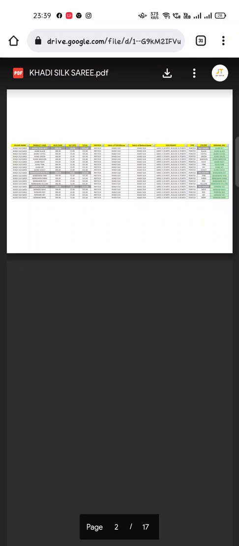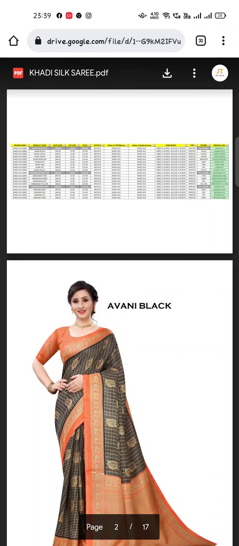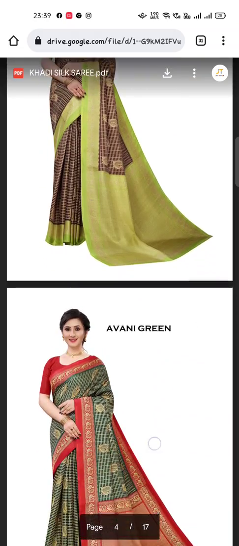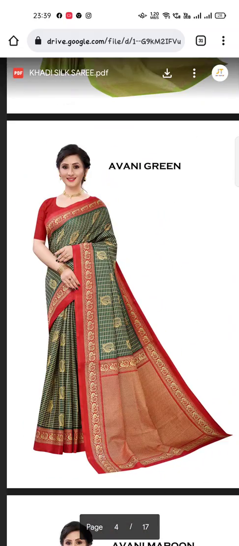Go to Chrome. Now you can see the image view, like an amazing view. You can zoom it.